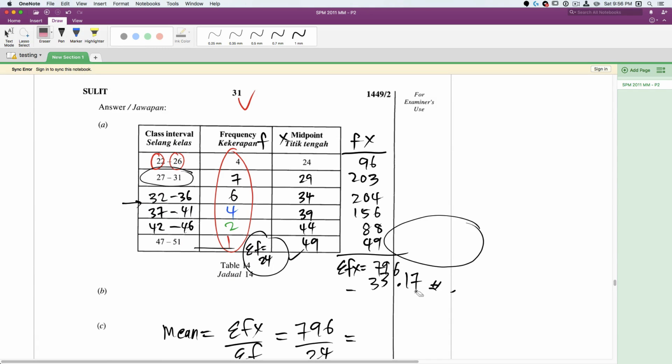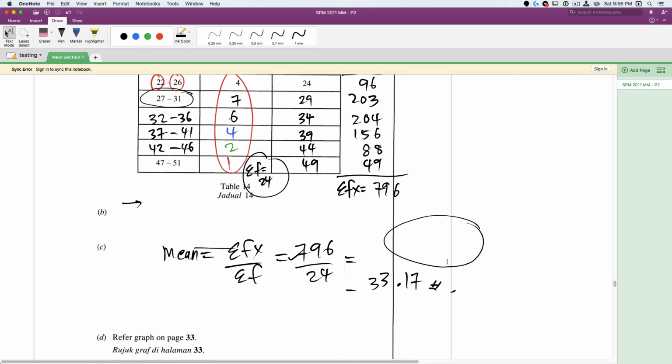What happens to this one? It just won't go out. Okay, so